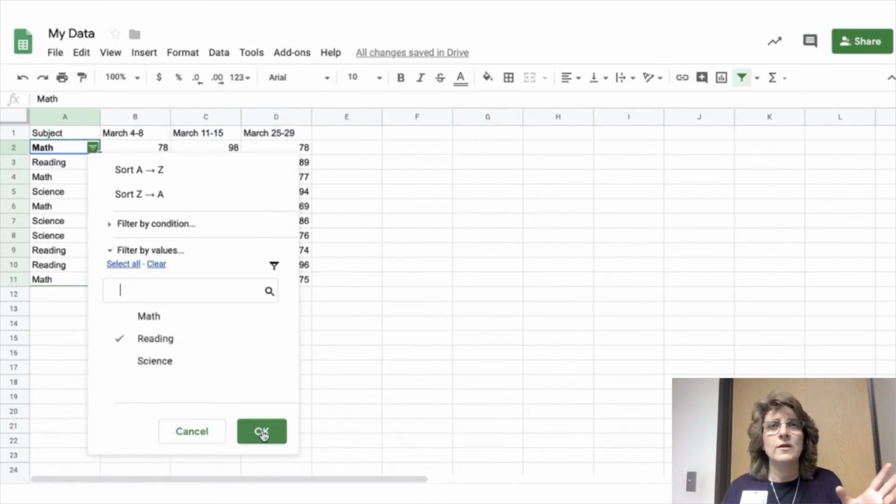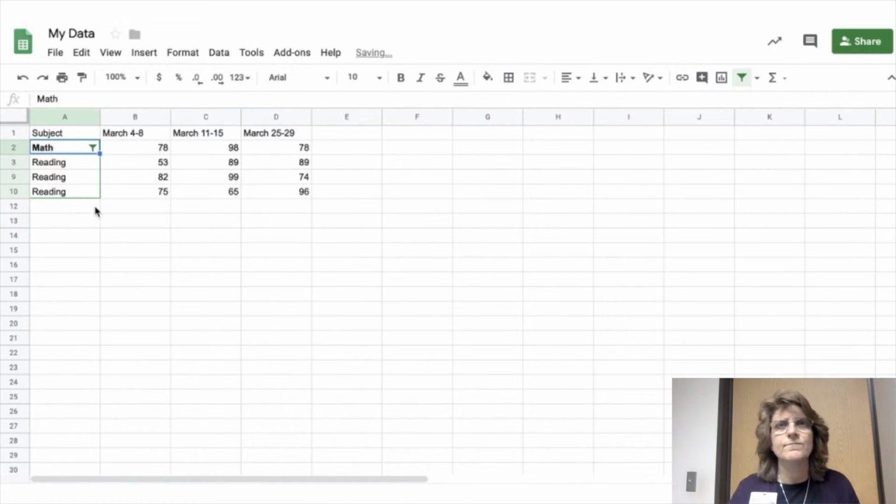And I want to look at reading first. So let me click on reading, click OK, and now it's only showing me the reading scores. It's not showing me the math or science. So if I click filter again,